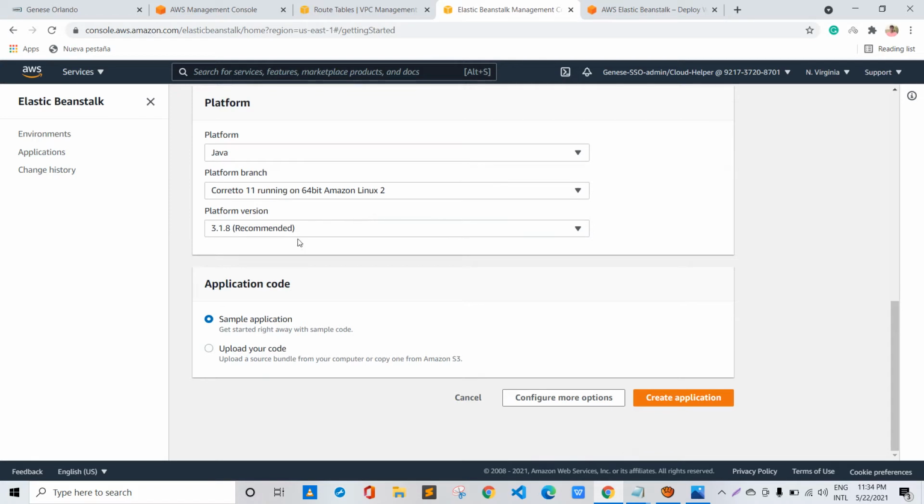So here is the part that is application code. We will be using sample application code because we don't have custom code to upload for this demo.